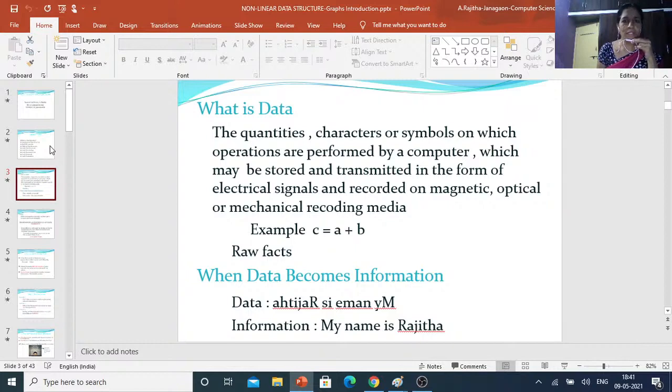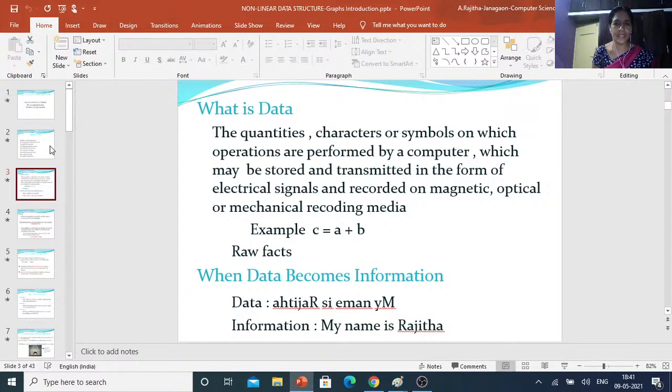After completion of an operation which gives some result, that result is also data. Data may be stored and transmitted in the form of electrical signals and recorded on magnetic, optical or mechanical media.